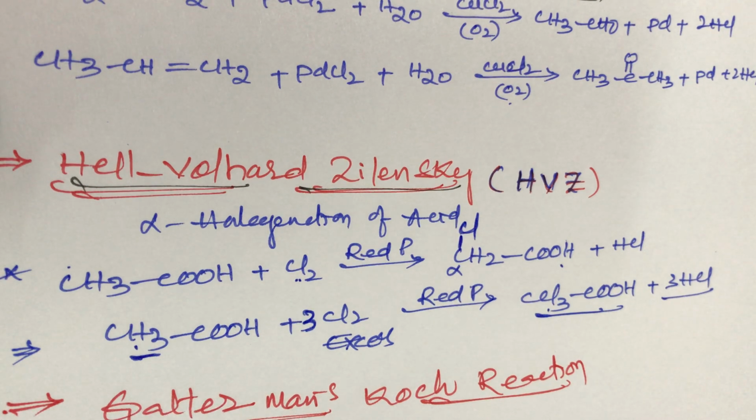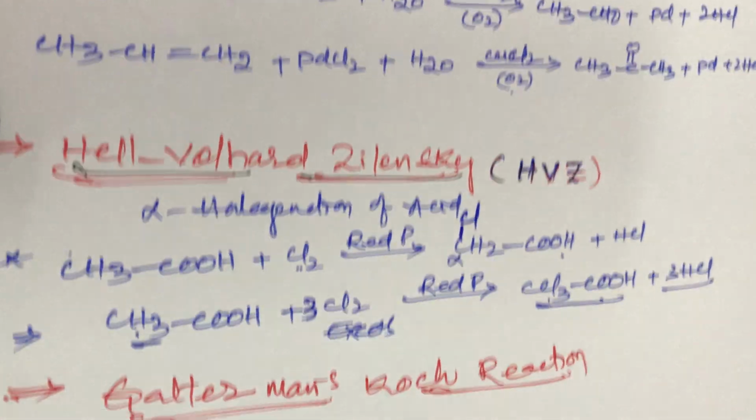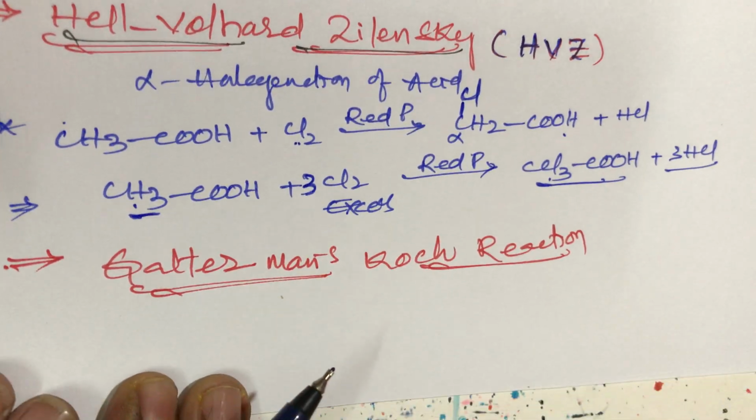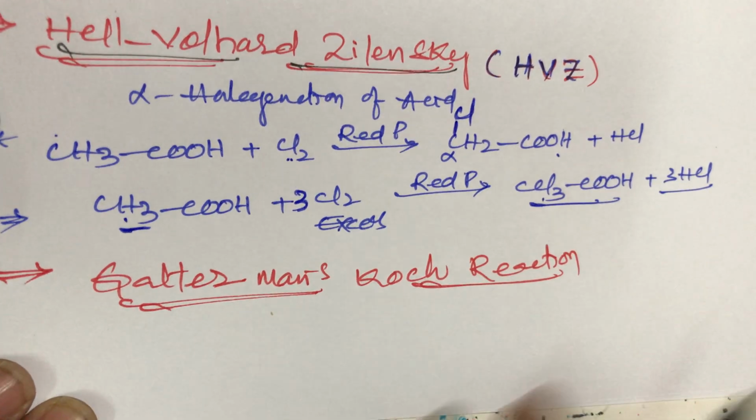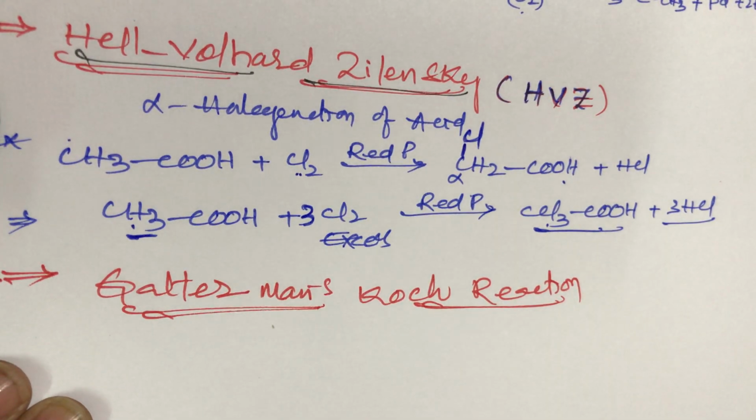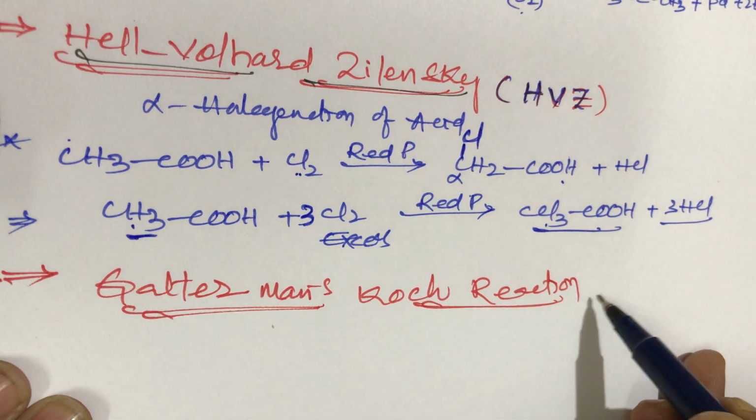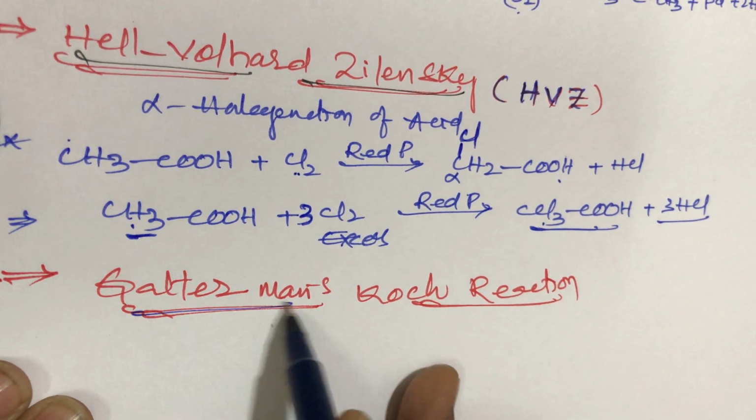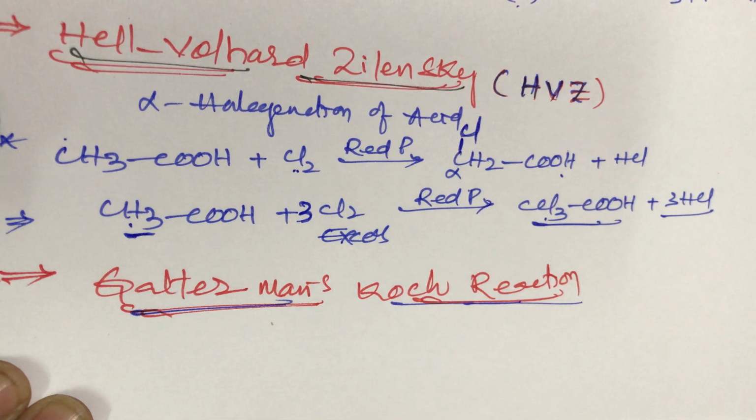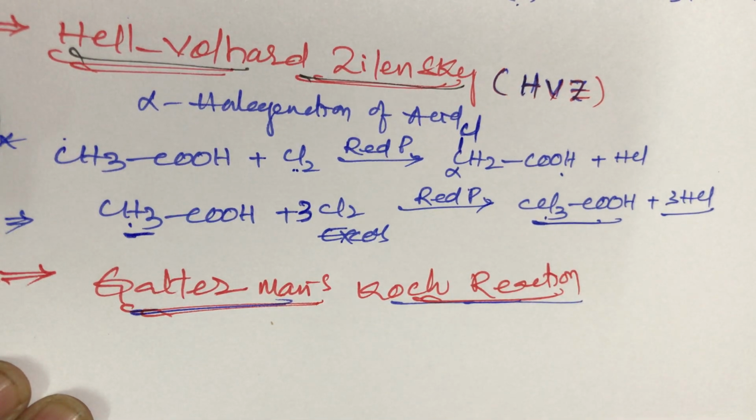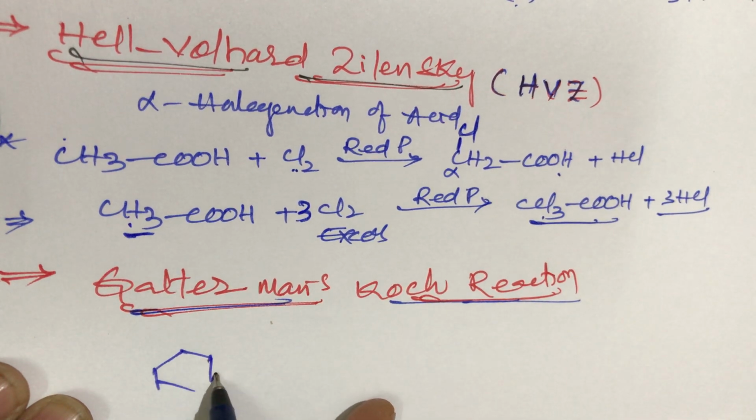Now next one, it is also very important: the Gattermann-Koch reaction. This is the preparation of benzaldehyde from benzene. That is the next named reaction, the Gattermann-Koch reaction, for preparation of benzaldehyde from benzene. When benzene reacts